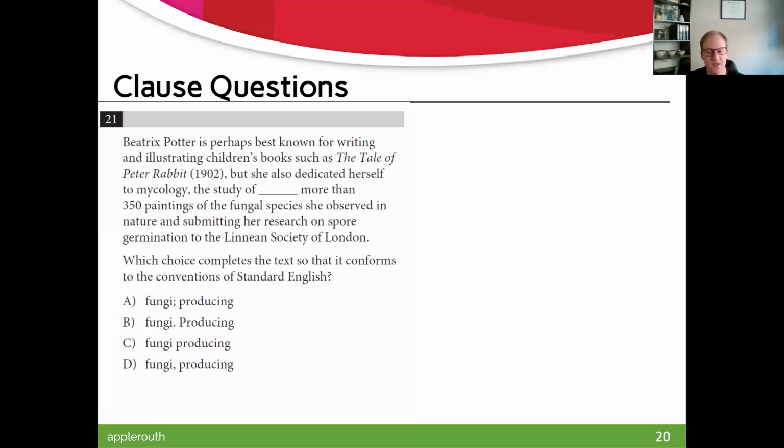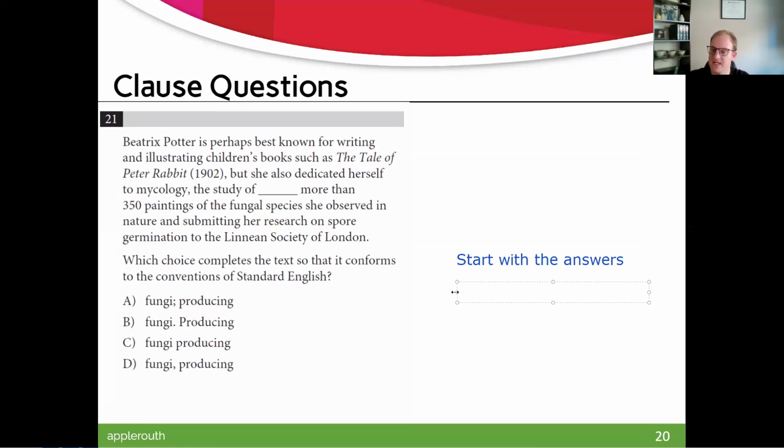And these are question types that we can just really rapidly get better at. So for these questions, you actually want to start with the answer choices. So a new strategy tip for a question like this, anytime you've got grammar, start with the answers. It's very easy to determine what's being tested. Periods and semicolons should get tested first. Because for one thing, they're basically identical. On this test, periods and semicolons both have to start and end sentences with one exception. So I can look at A and B and say these are the same, they're both wrong. Because they can't both be right. We can't have 2 answers that are correct. So they're the same, they're both wrong.